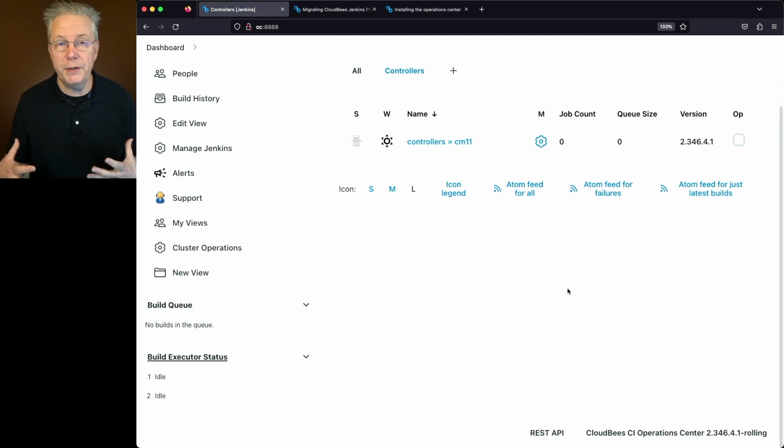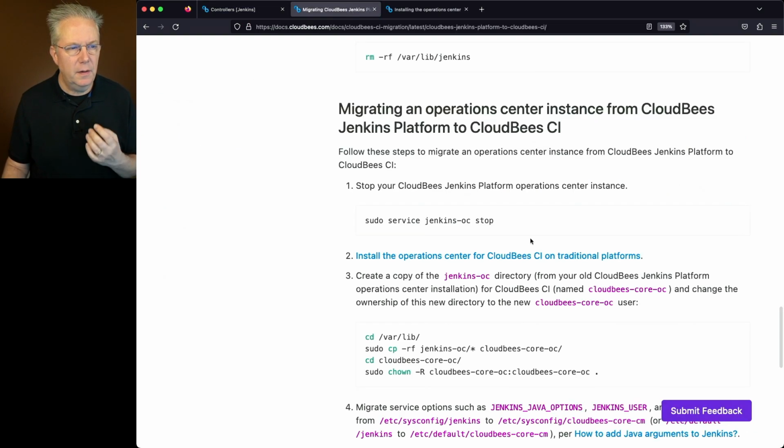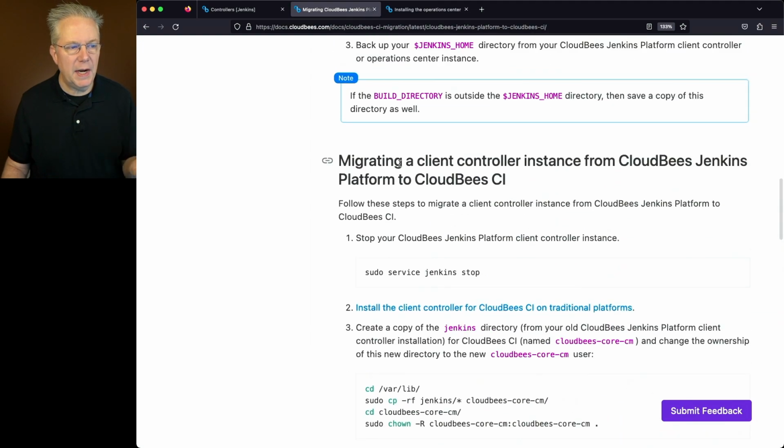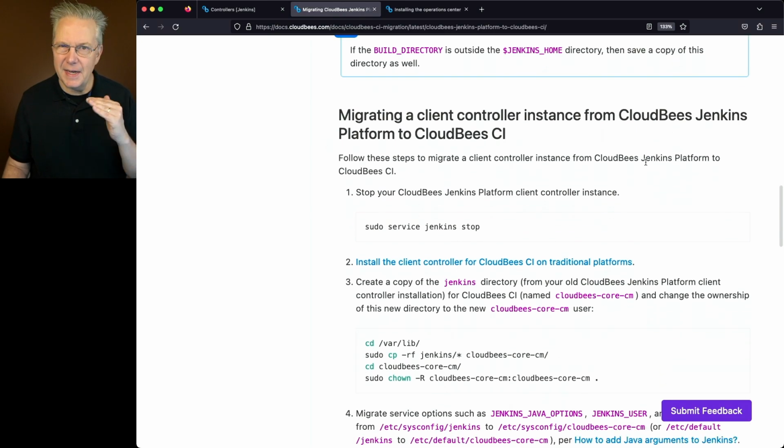Now, I won't go into as much detail as I did with the Operations Center, but know that everything is pretty much the same except the values change for certain things because this is now a controller and not an Operations Center. We'll still go do them all, but I might go a little bit faster. So follow along. So let's go back to the documentation. This section was for upgrading the Operations Center, but above that was migrating a client controller from CloudBees Jenkins Platform to CloudBees CI. Let's just take a look at it first,